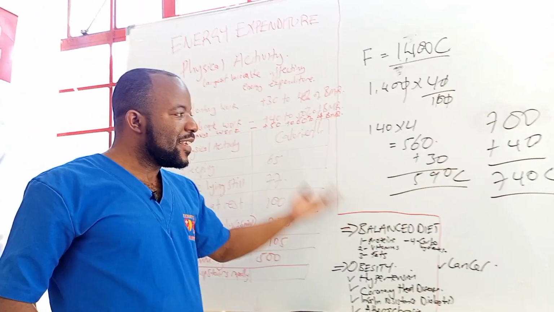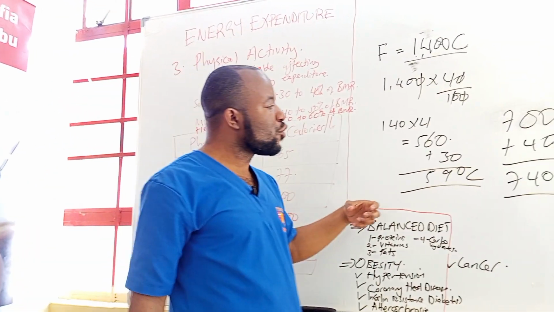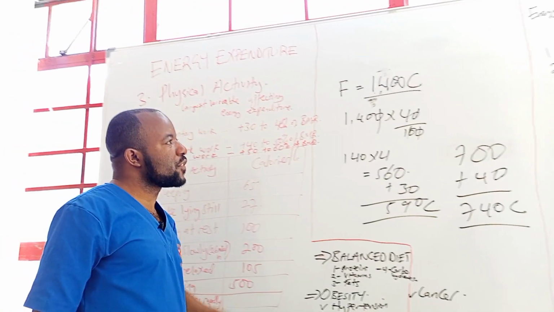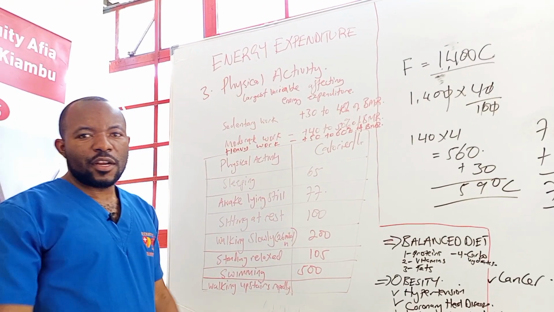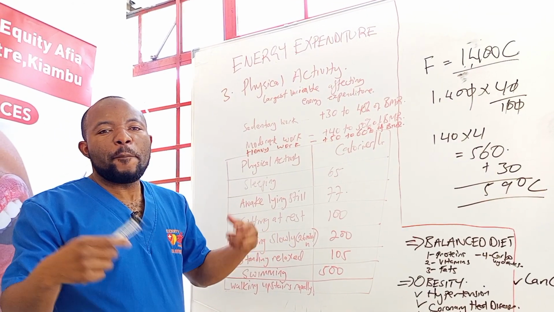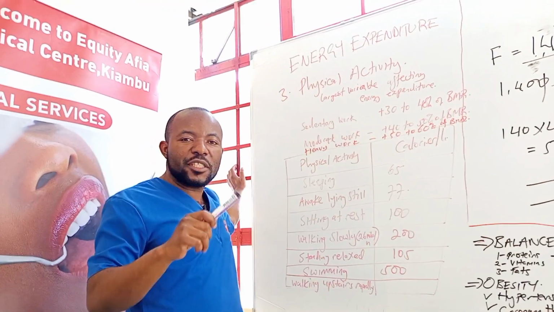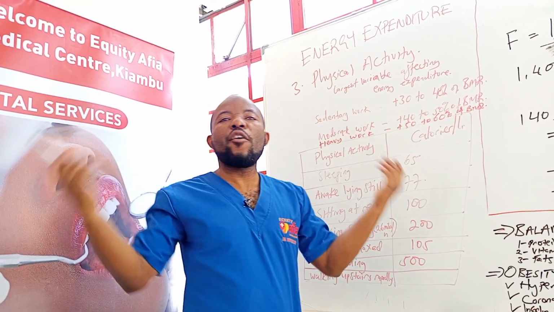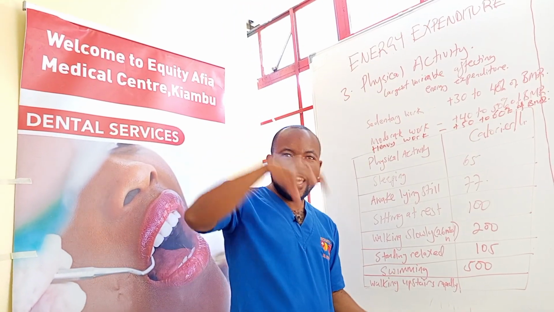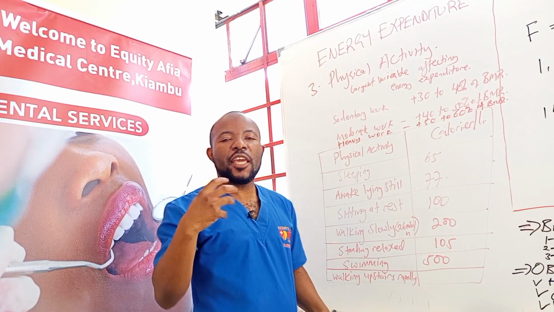You understand? Yet we say the thermogenic effect is going to deduct 30% of what you have taken in, of the total intake. The thermogenic effect still makes a loss. It's the reason people are not overweight. Otherwise, had it not been for the thermogenic effect, most people would be overweight. So we are not overweight because the protein we take in reduces the energy that we take in.